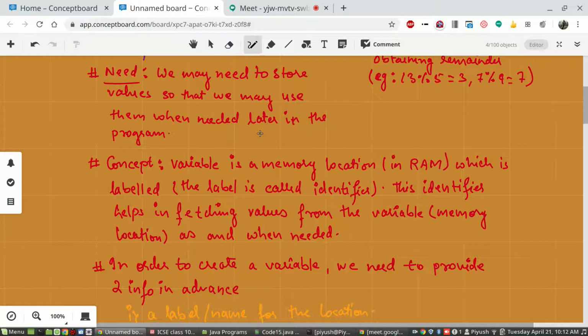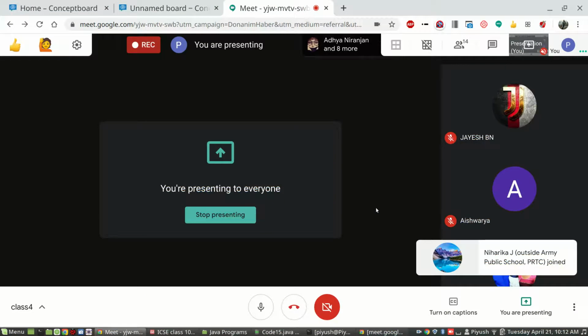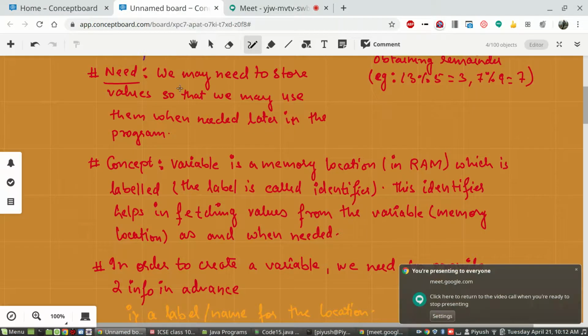In order to reuse it later, we need to save it so that we can access that memory location and fetch the value. Therefore we have the feature of variables in programs.